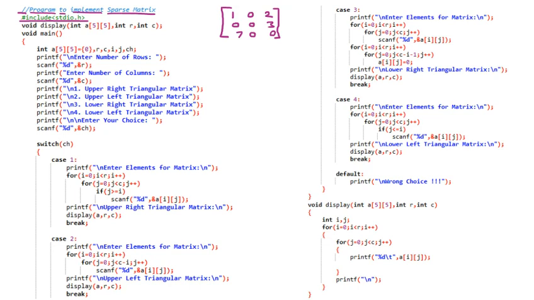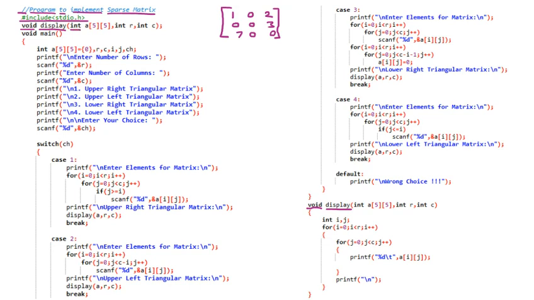Now you can see that there is a void display. Void means no return type. So this one is a prototype of a function. That means inside this complete program we are going to declare some function. You see void display, this function is here. In that we are passing three parameters.